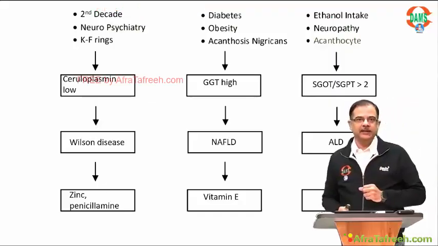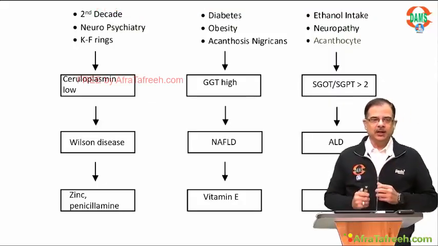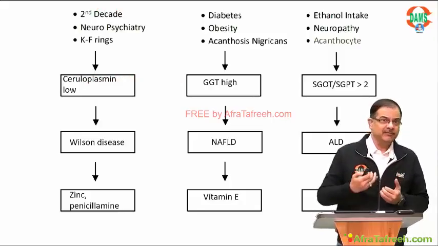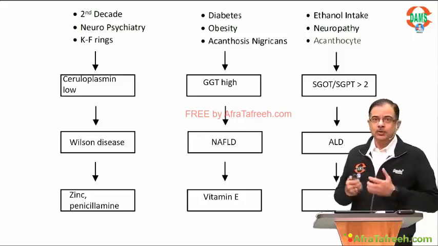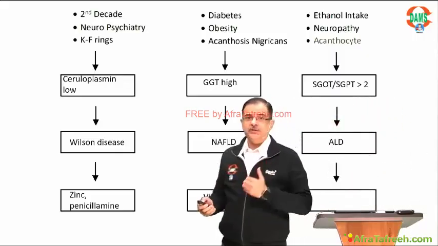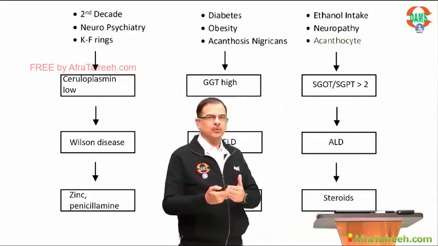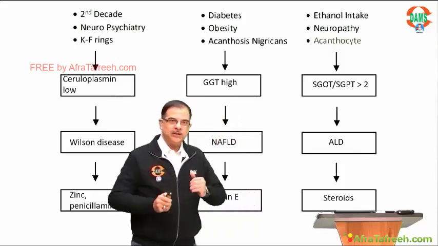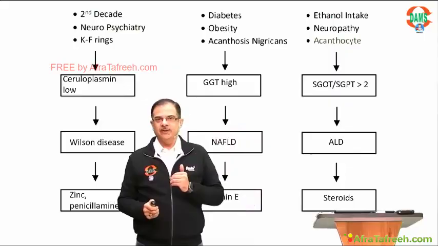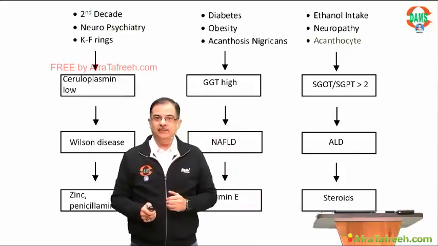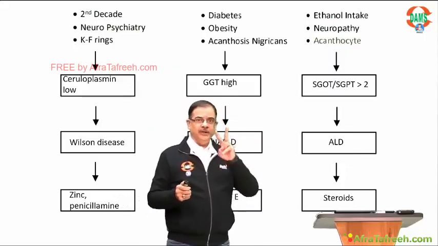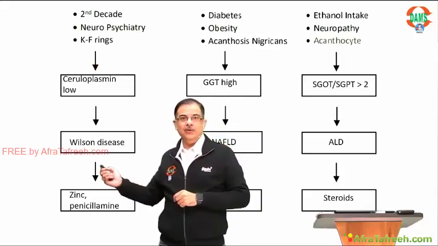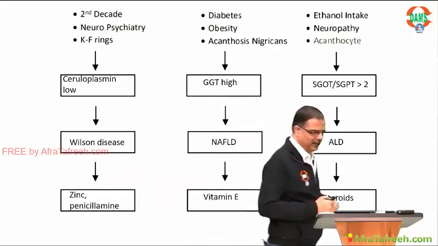For treating alcoholic liver disease, the main issue is cytokine-induced hepatitis, TNF alpha mediated hepatitis. So we will go for steroid therapy. We calculate a score, the MADRS score, which will come later on also. If the MADRS score is more than 32, we start the patient on steroid therapy. So steroid will be the drug of choice. Now you can see there are two hepatitis conditions where steroids are given: autoimmune hepatitis and alcoholic liver disease hepatitis.